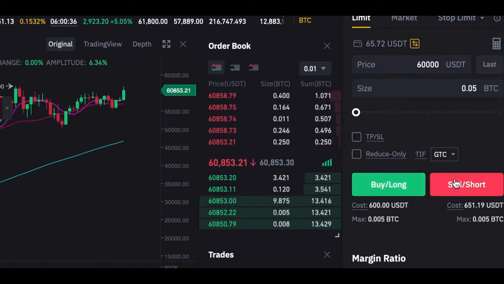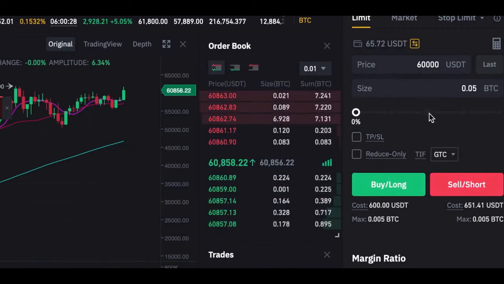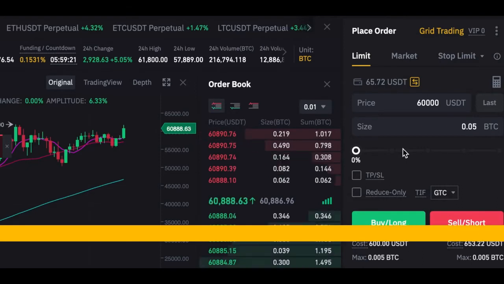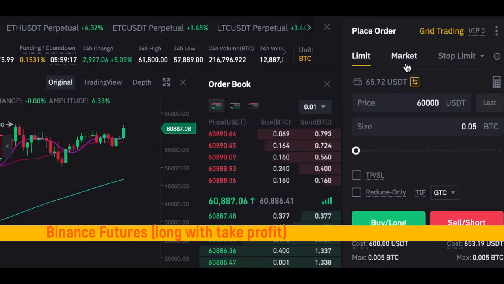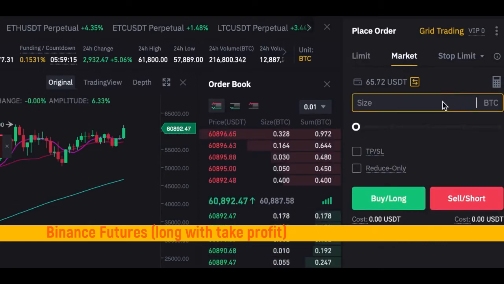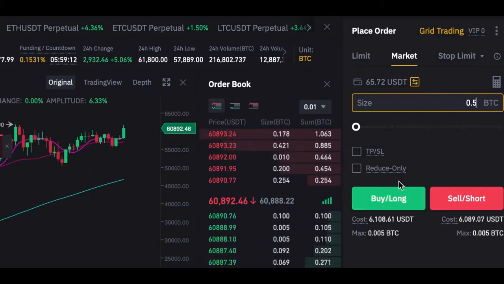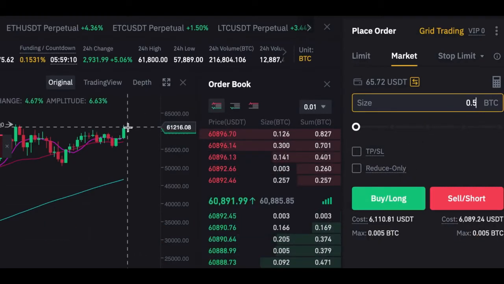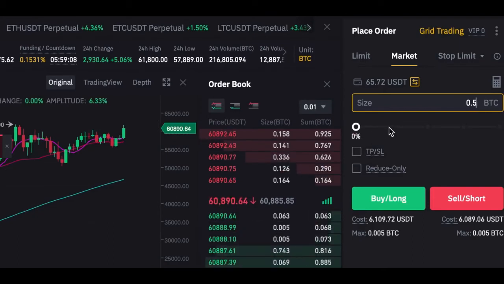And with selling short, you're basically going to go short Bitcoin and hope to eventually close out your position by buying long at a lower price. With futures, you can definitely put in a take profit level as you are entering the trade. So let's say I just want to trade at market right now and I want to trade half a Bitcoin like this. Then you can go long and buy that Bitcoin future and it will enter you in at the